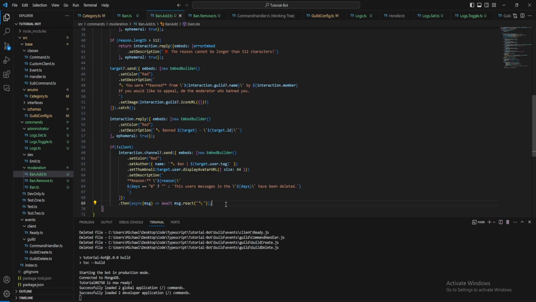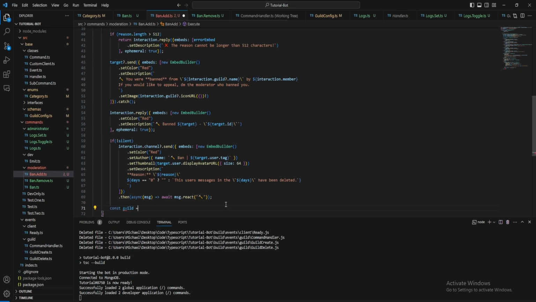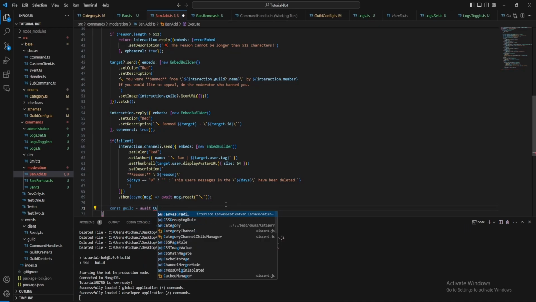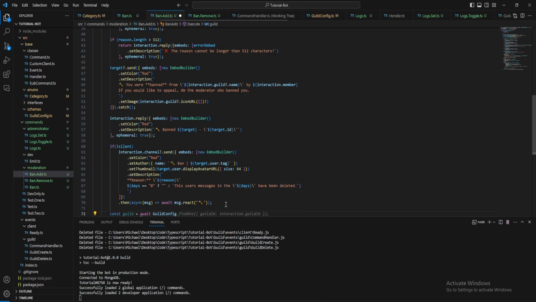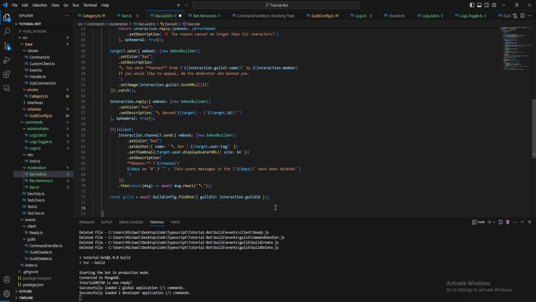So the final thing for this ban add subcommand is just logging it into that guild logs channel that we set using the logs command. So what we're going to do is firstly try to find the guild from the database. So guild config. And we want to just do .findOne. And let's try to find the interaction guild ID. Now we just want to write an if statement. So if guild,